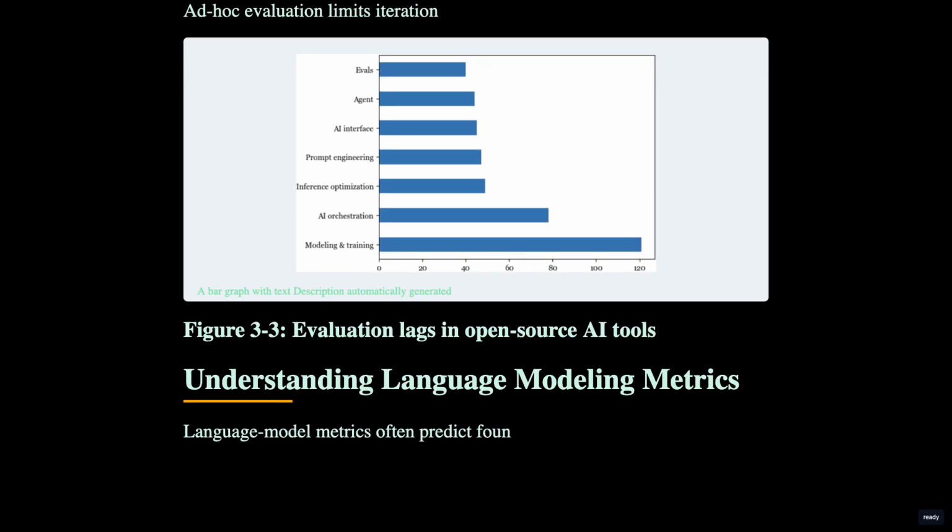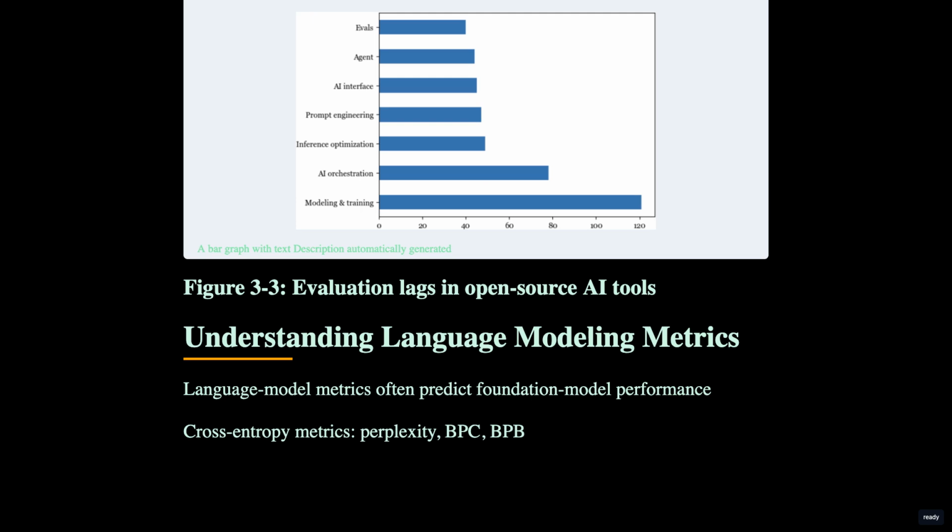Many foundation models are built on language models, and research shows LM performance tends to correlate with how well the overall foundation model does on downstream tasks. So learning basic language model metrics gives a useful, though approximate, guide to expected downstream performance. Since Shannon's 1951 work,